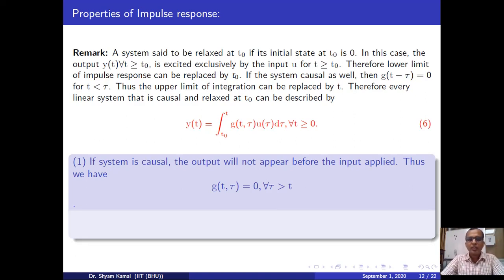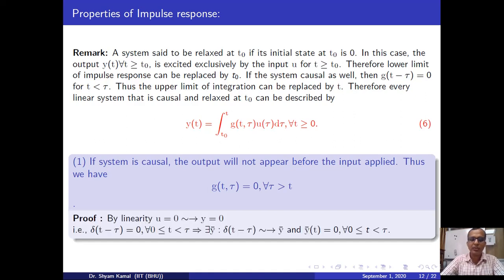So we know that if the system is causal, then output will not appear before the input. So it means that the output of the system is not going to depend on the future input, and thus, for all tau greater than or equal to t, this function is equal to 0,